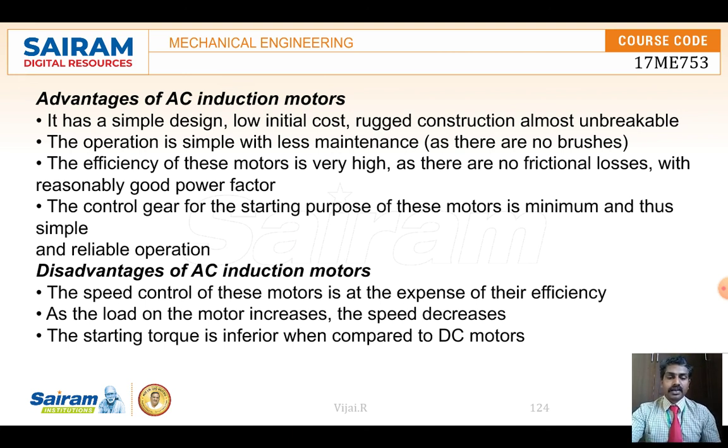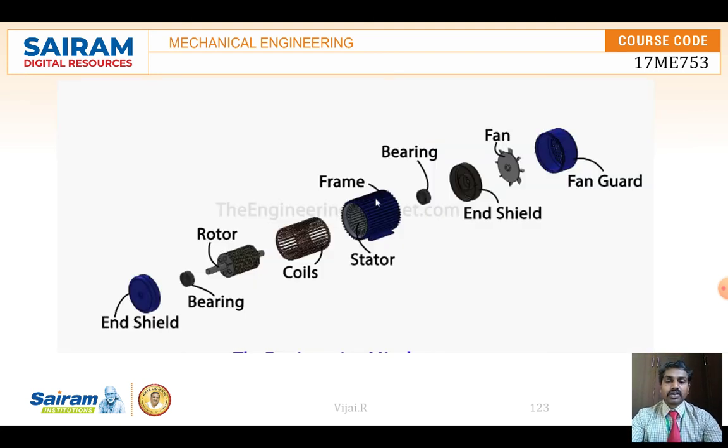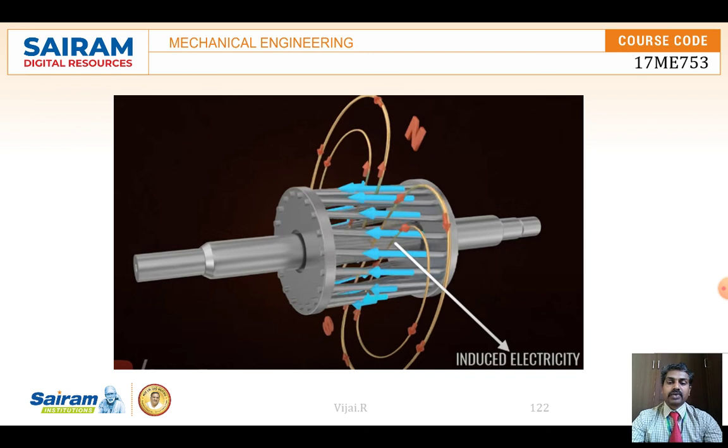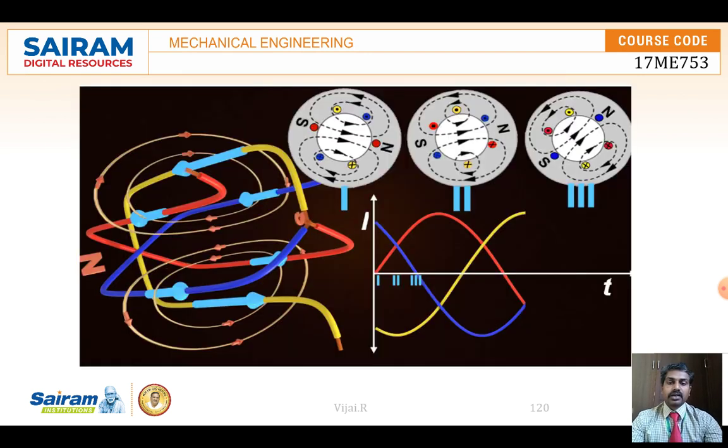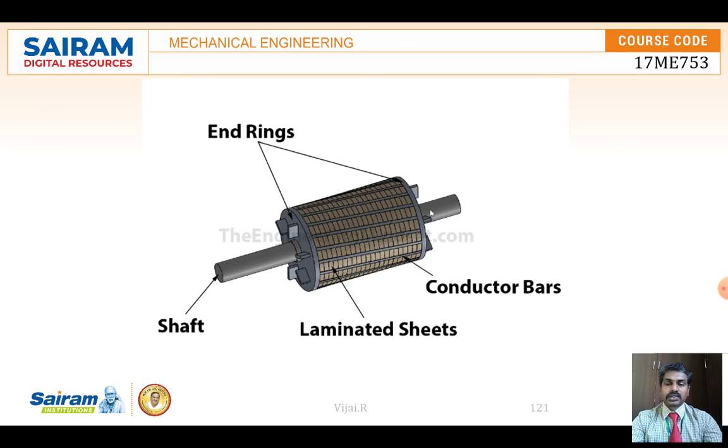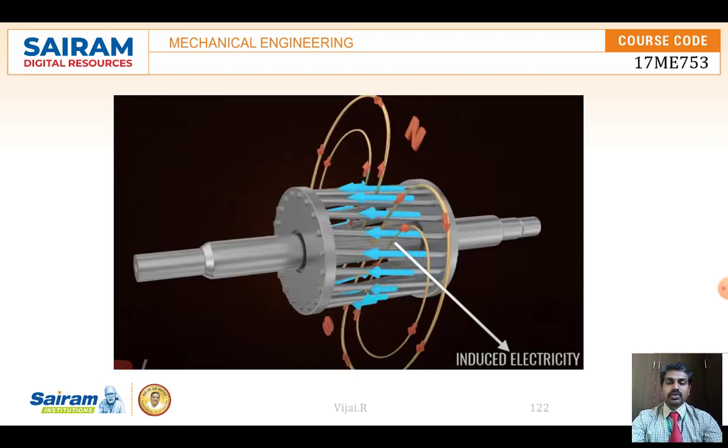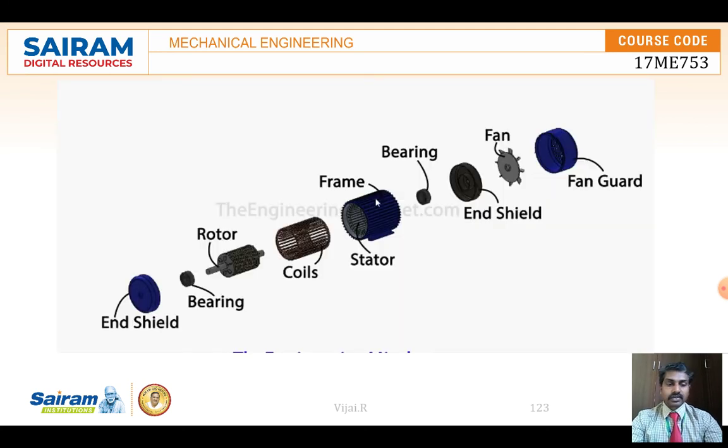This is the AC motor, and how it is functioning. We have seen the AC motor parts, mainly the stator, the coils, and the rotor. So keep it in mind that when we supply power to the stator coils, it helps to rotate the rotor. Since the rotor has a conductor box and laminated sheets, this is how the rotor is rotated because of the supply in the stator coils.